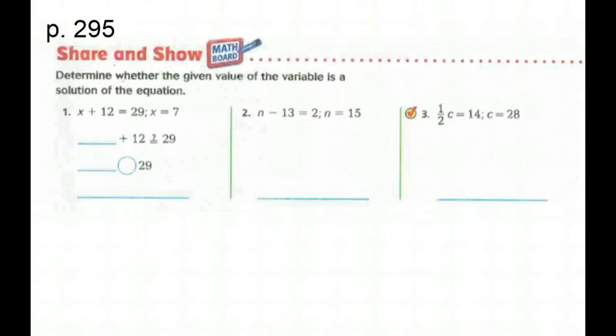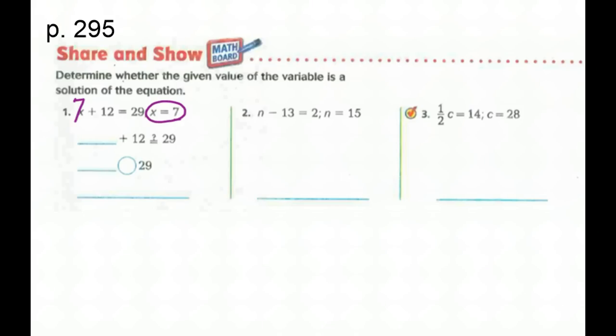Moving on to the next page, in your book it would be page 295, under Share and Show. It says determine whether the given value of the variable is a solution of the equation. Now with these certain examples, it might be mental math for some of you. Others of you may need to work it out. In 7th grade, it's going to get harder, 8th grade, harder than that. So there will be certain things that will require of you in 6th grade when we're actually solving more difficult equations. But for right now, basically they just want to know if you plug in the number 7 for x,